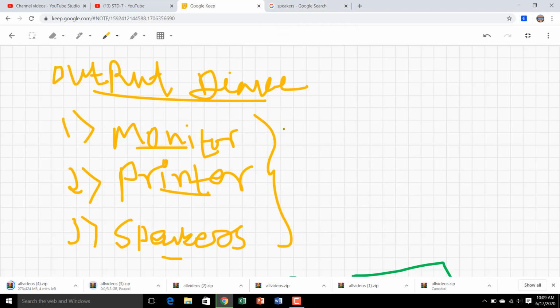Now I am sending a PDF file or image for our exercise. Write down the exercise: fill in the blanks, correct the statements, match the following, multiple choice questions, and question answers. Write all the exercises in your computer books as well as in your notebook. Today I am going to finish this lecture.